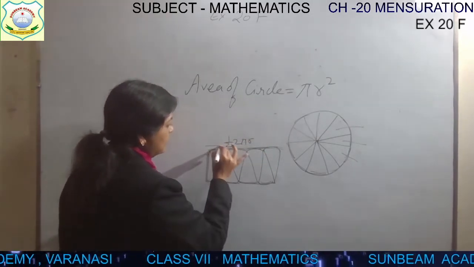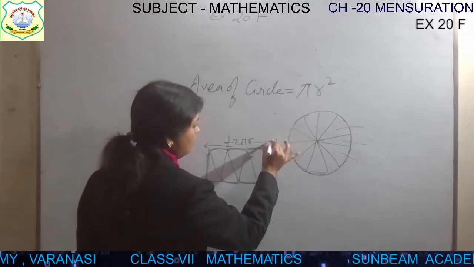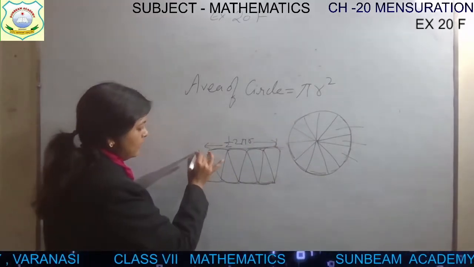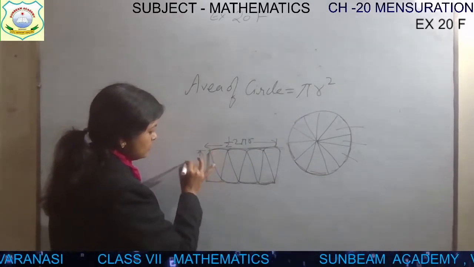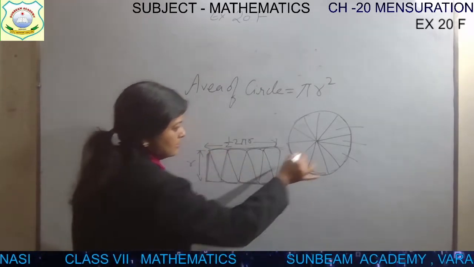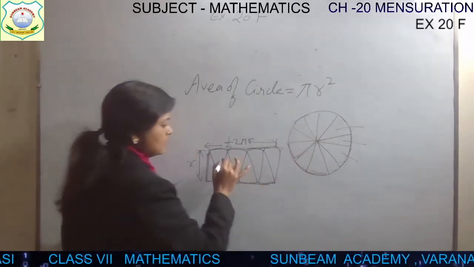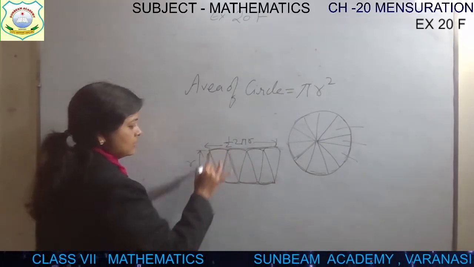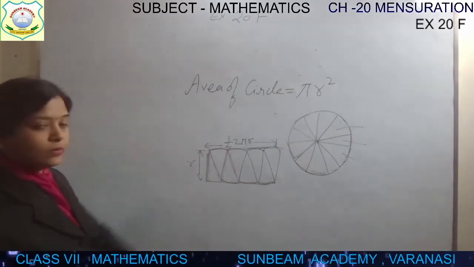अगर आप यहाँ से यहाँ तक की लेंथ लें, सारे सेक्टर्स को मिला के, if you will take, this is half of 2 pi r, and this one is what, children? This one is the radius. ये क्या है आपका? This is the radius. So if this is the radius, now calculate the area.